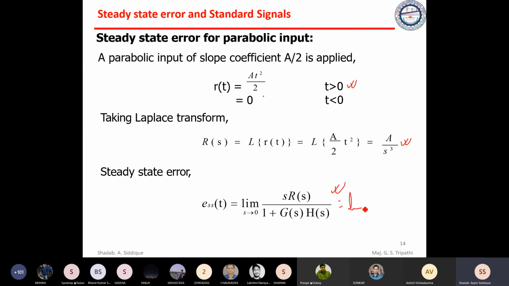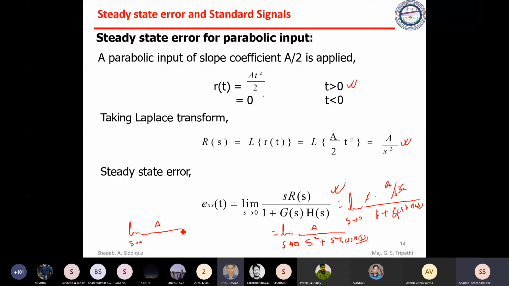This can be written as limit s tending to 0 of s into A divided by s cube, divided by 1 plus G(s) into H(s). So this will be cancelled, and this will be s square. Can we write limit s tending to 0 of A divided by, in the denominator, s square into G(s) into H(s)? Yes, we can write. The remaining term vanishes as s tends to 0, and we can write limit s tending to 0 of A divided by s square into G(s) into H(s),